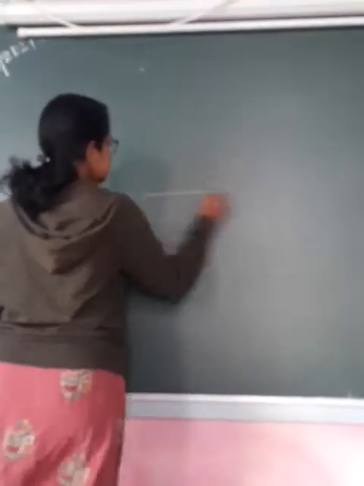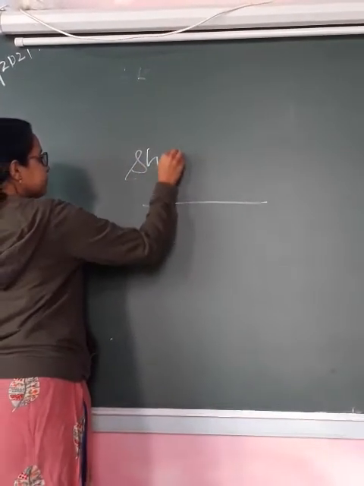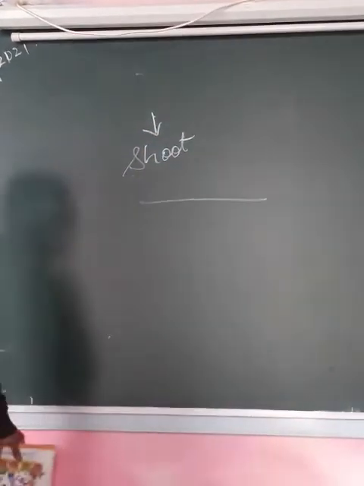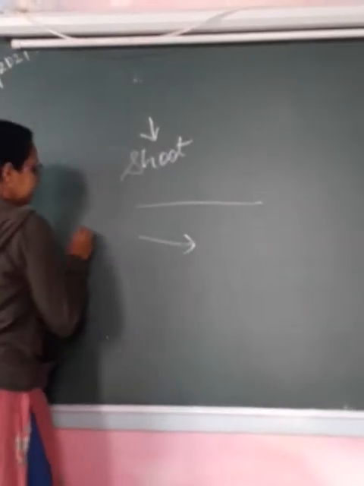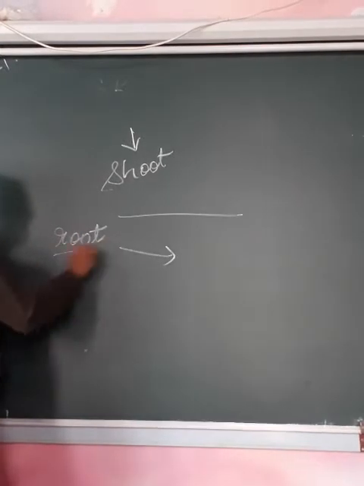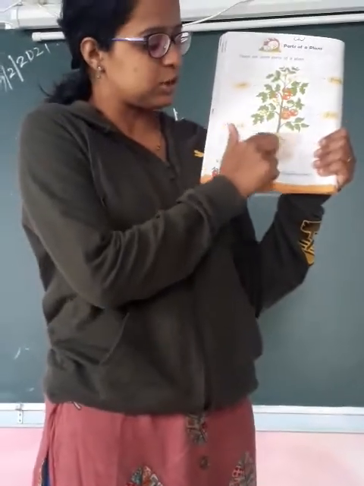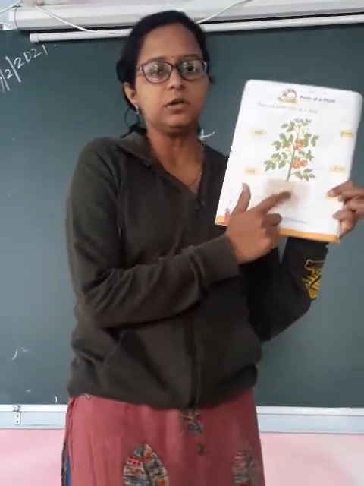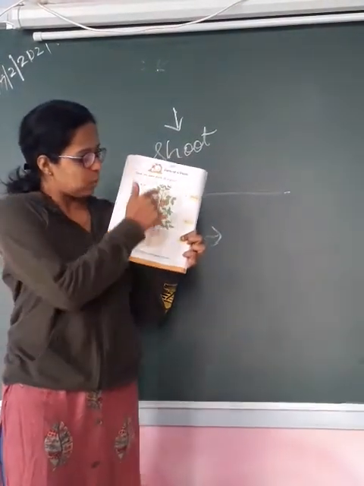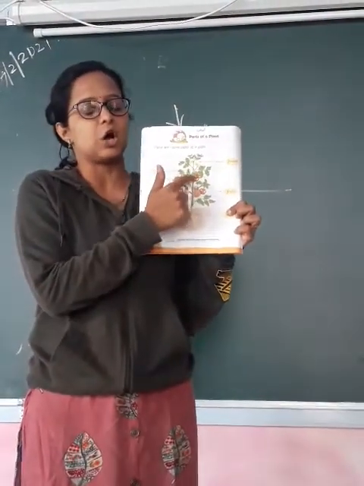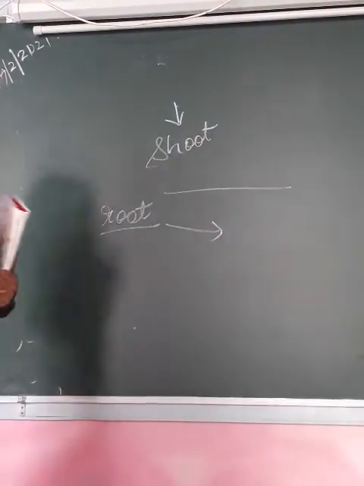Okay, the root is under the ground. What is the root called? Where is the root? It is under the ground, which is not seen. And the part of the plant which is seen by us is the shoot. The shoot is the part of the plant which we can see, and the part which cannot be seen is called the root. These roots under the ground are not visible to you. So the part under the ground is called the root, and the one which is seen by us is called shoot.